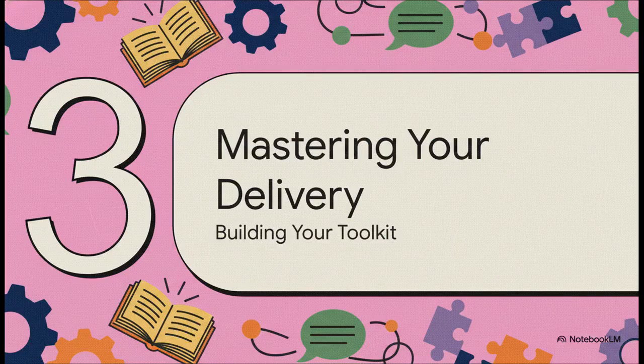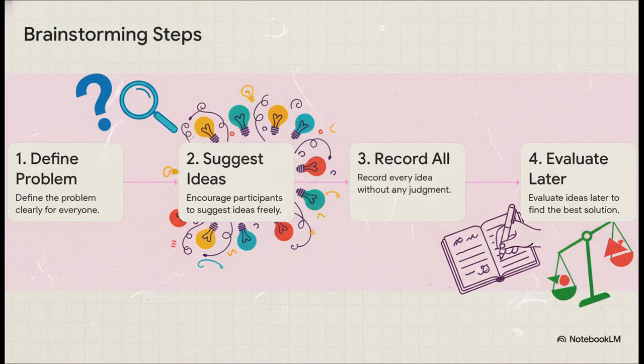All right, we've got the what and the why. So now for the fun part, the how. Let's get into the nitty-gritty and build up your personal toolkit with some really powerful techniques that will help you succeed. Okay, one of the best tools you can use within the group is structured brainstorming. And I mean structured. It's not just a free-for-all of shouting out ideas. It's a process. First, make sure everyone is on the same page about the topic. Then, just let the ideas flow. And here's the most important rule. No judgment. Not yet. The whole point is to separate the act of creating ideas from the act of judging them. It lets creativity run wild and makes sure a potentially brilliant idea doesn't get shut down too early.